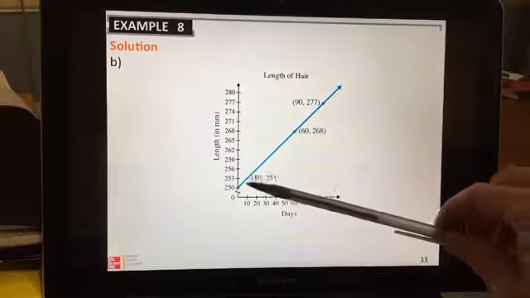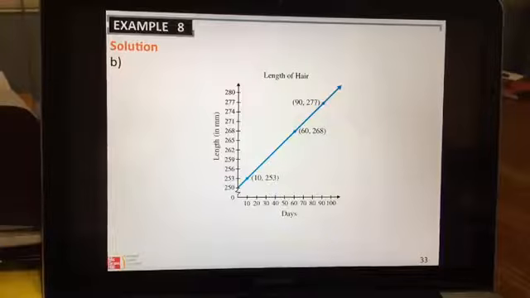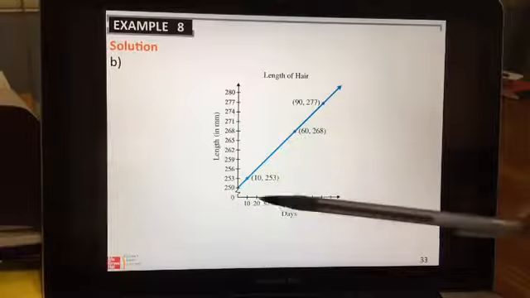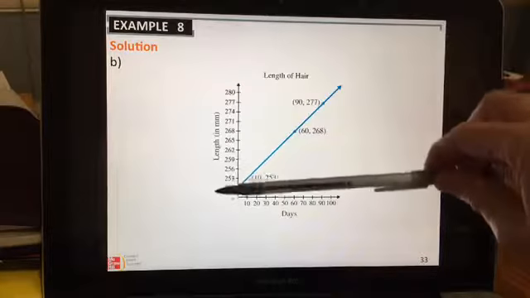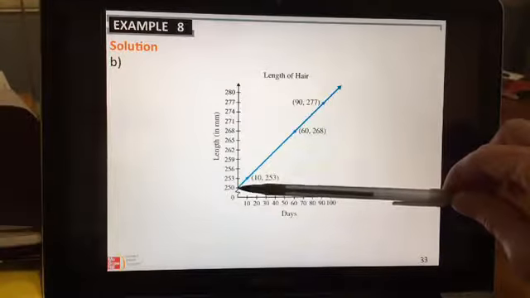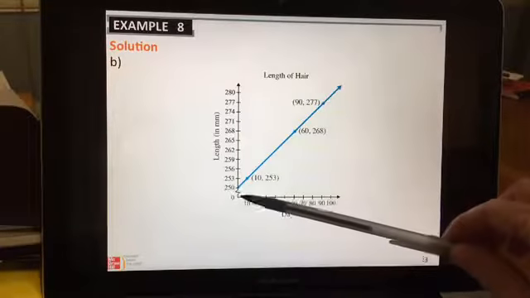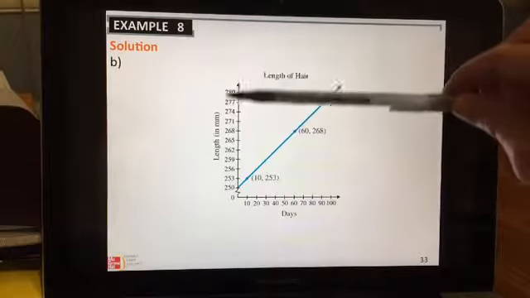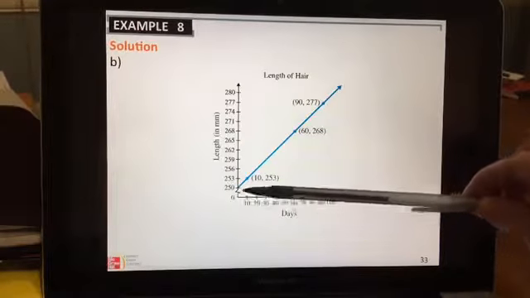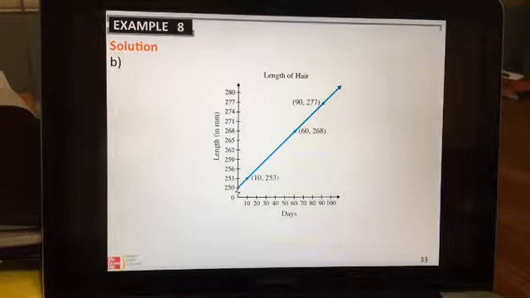Now we put our 3 points on a line. That's our graph of the solution. Now notice that we started the experiment when the hair was a length of 250 millimeters. Now this is called a broken graph. We have a little zigzag there to show, hey guys, this did not start at 0 to begin with, and because we don't want to have this graph take up way too much room,